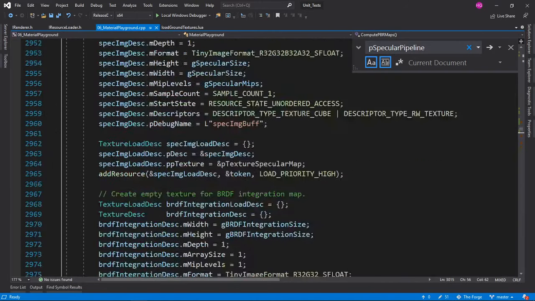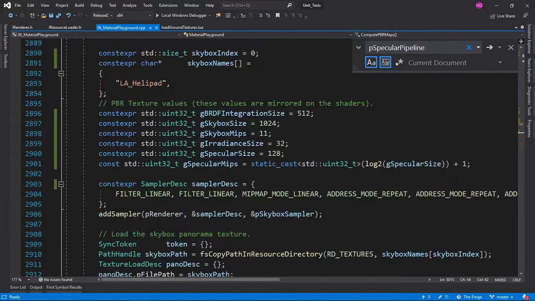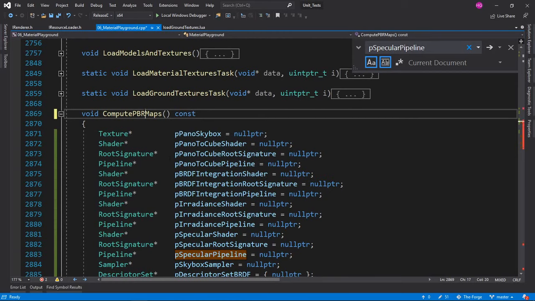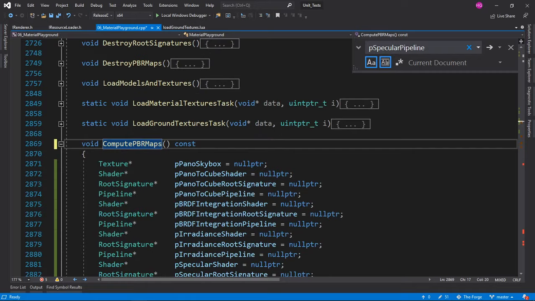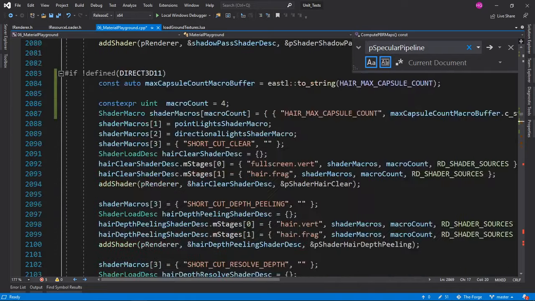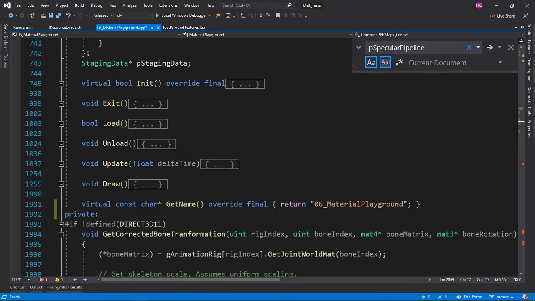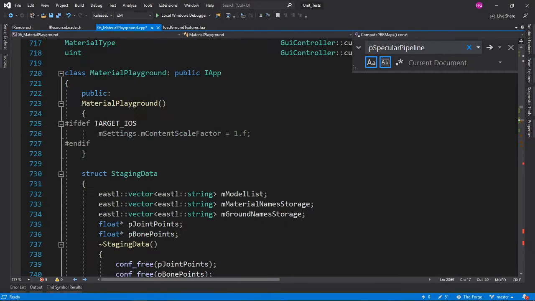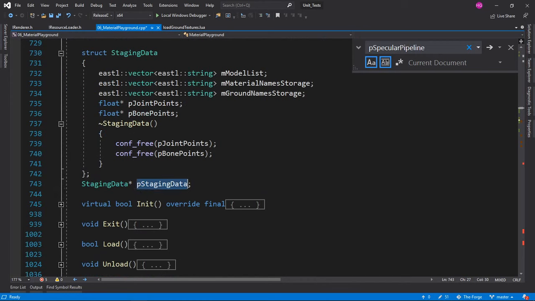Also, I believe that since we do have a, right, probably this can be cast, right? We know that far. We have only one state in the whole playground class here, and that is this staging data.